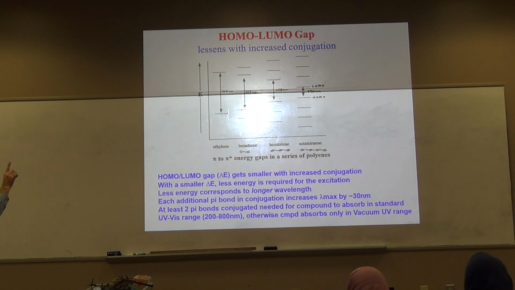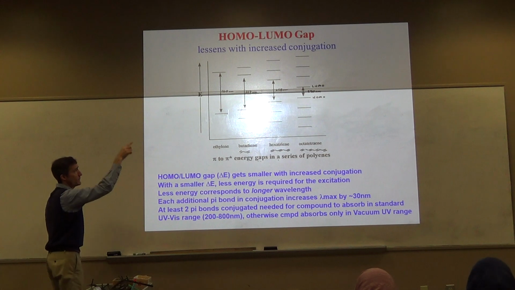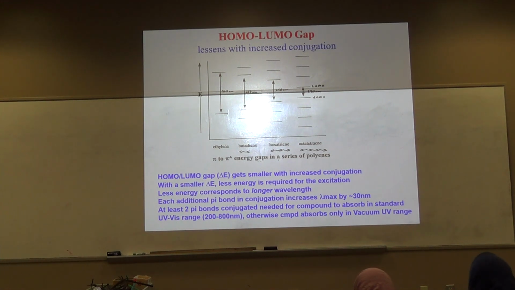The highest occupied molecular orbital is called the HOMO. And the lowest of the unoccupied molecular orbitals is called the what? The LUMO, okay? All these are populated and all these are not, but there's a gap between the highest tier and the lowest tier. Typically when you do an electron excitation, the first one is from here to here. We can excite from the HOMO to the LUMO, okay? It turns out though,